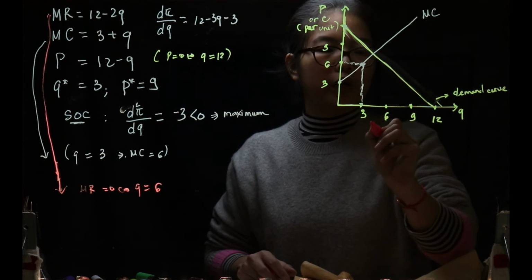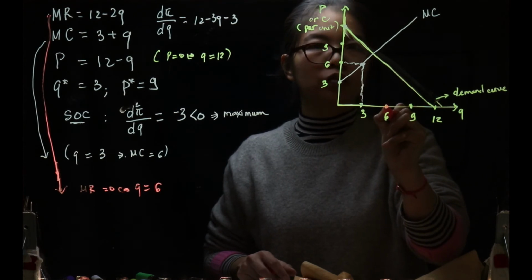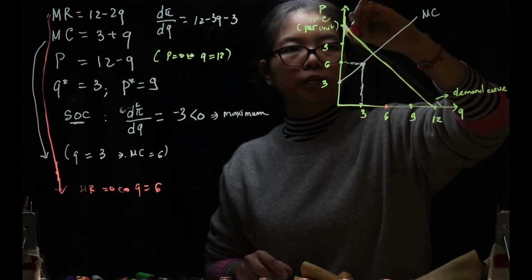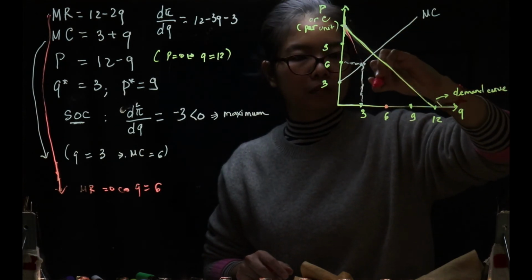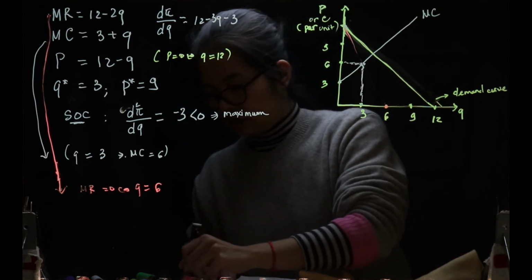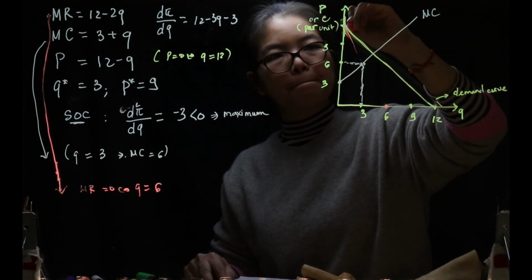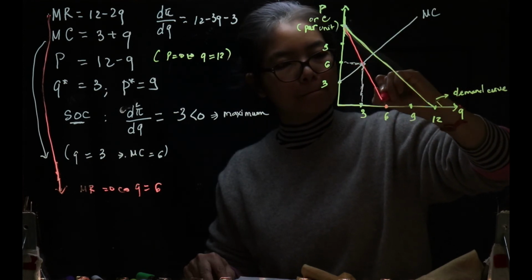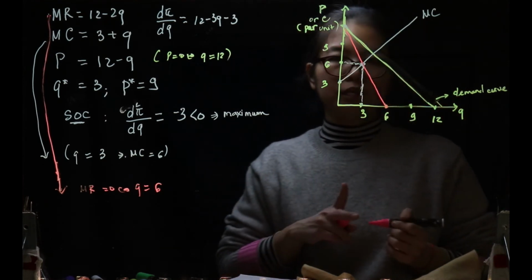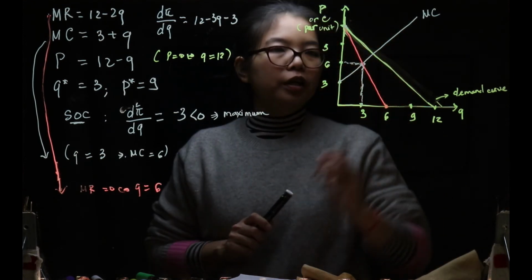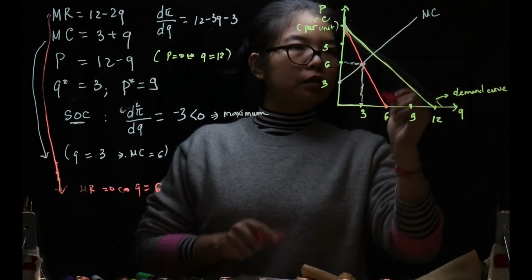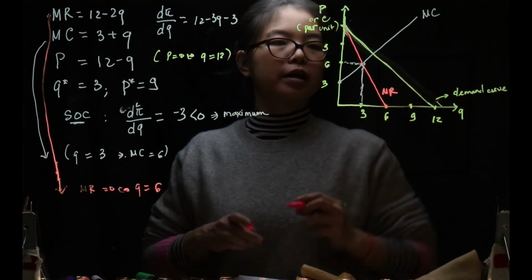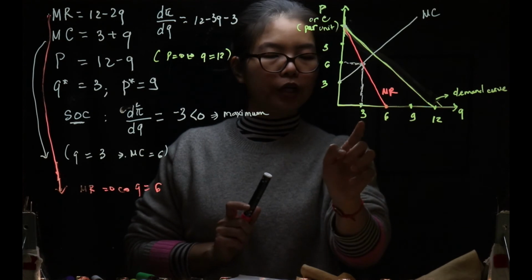So it should be somewhere here, Q 6, MR equals 0, and I will connect these 2 points. So the MR will cross the MC exactly at Q equal to 3,